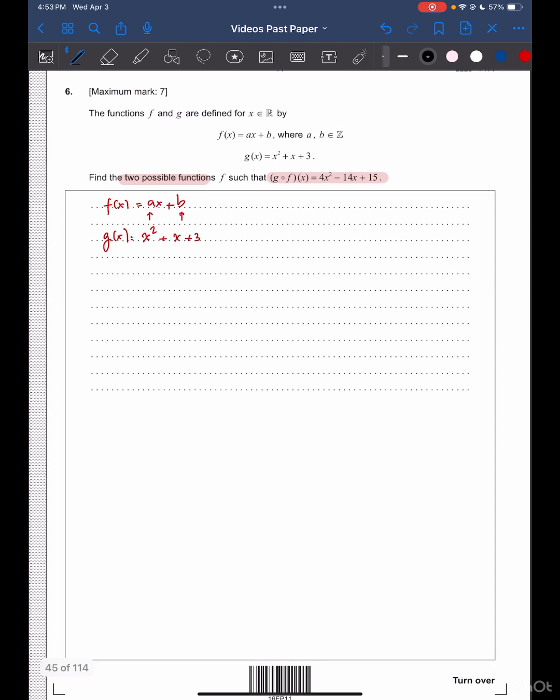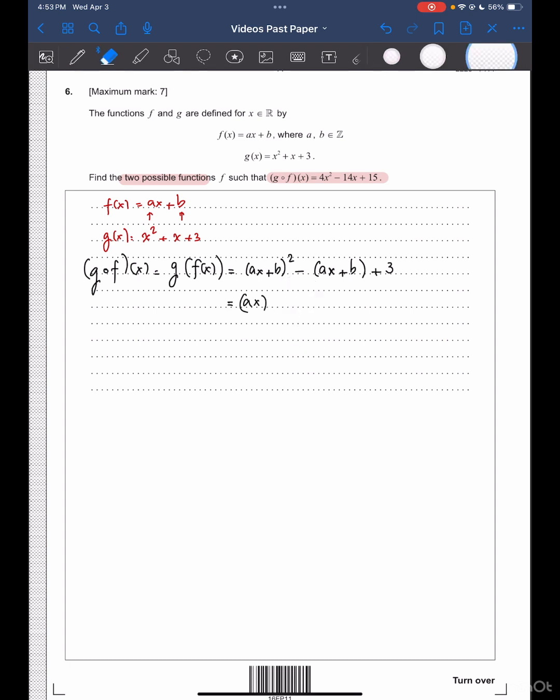So here let's start. g of f of x equals g of f(x), which equals (ax plus b) squared plus ax plus b plus 3. So here we can say ax squared plus